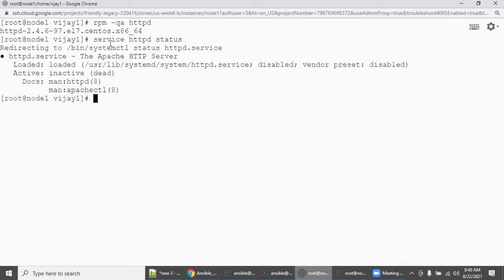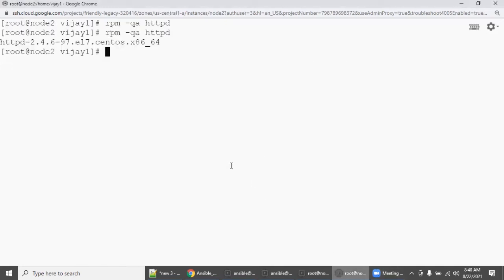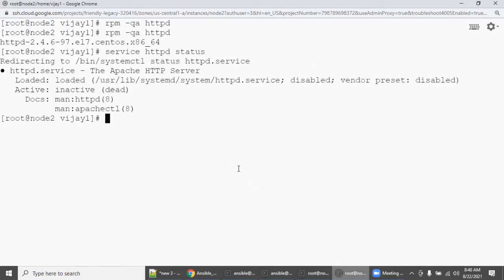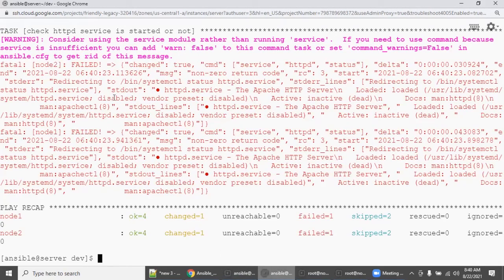It's not started. So copy this same command, go here and say service HTTPD status. But we are not getting any JSON output. Why? Because in Ansible, if there is any error, further plays will not proceed, right?